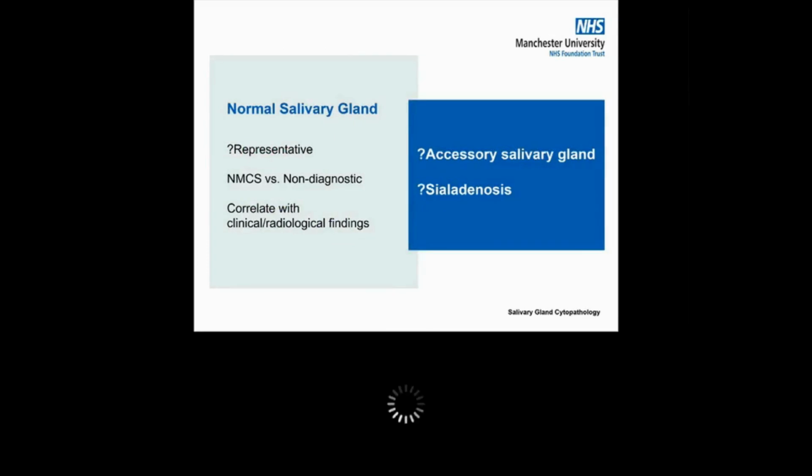So if all we receive is normal salivary gland constituents, the question to ask is, is this representative of the lesion? Most often, these will be reported as inadequate or non-diagnostic, Milan category 1. Occasionally, normal salivary glands will be targeted for FNA for confirmation they are actually salivary glands or potentially accessory salivary glands. And so if we receive normal salivary gland constituents in this scenario, it would be categorized as Milan 2,